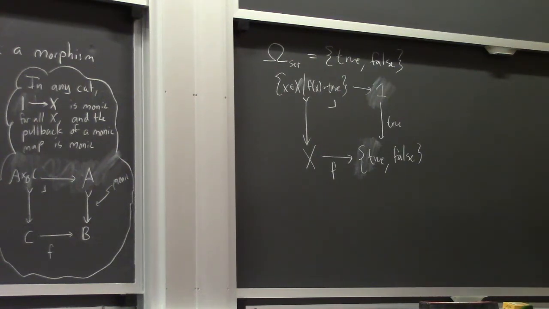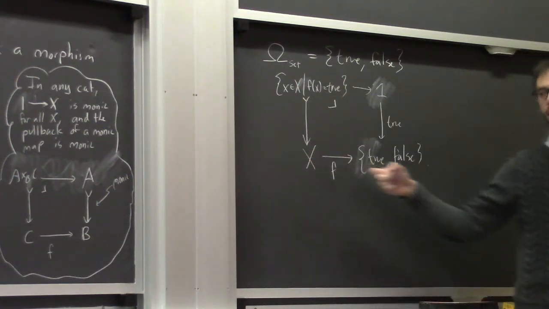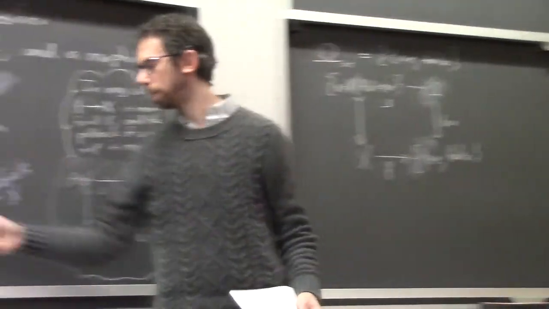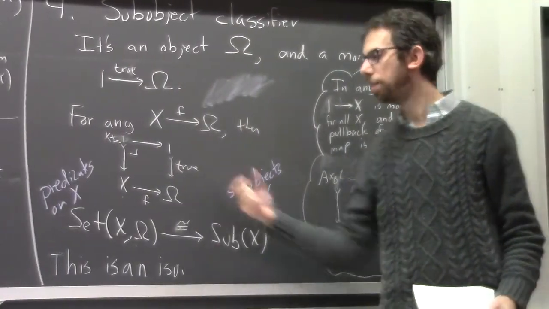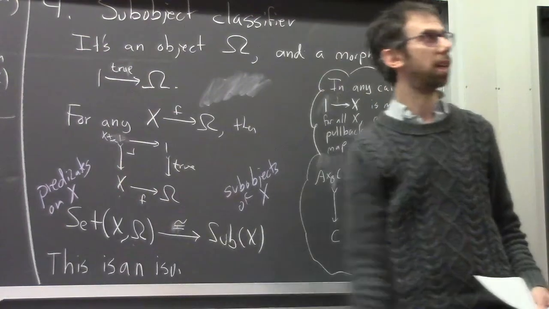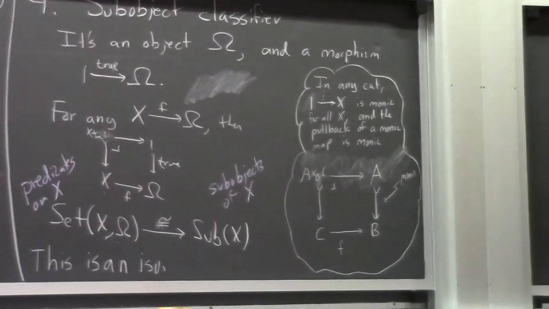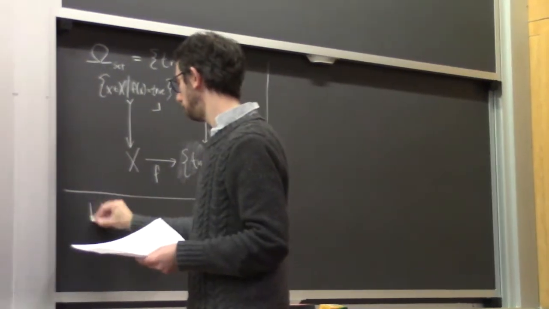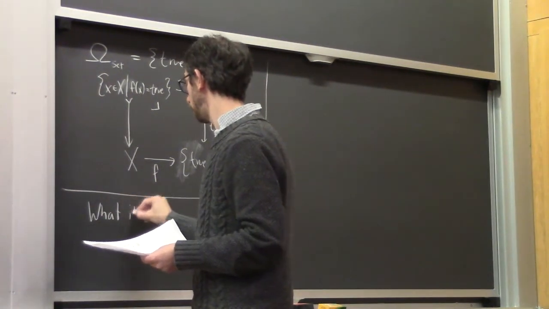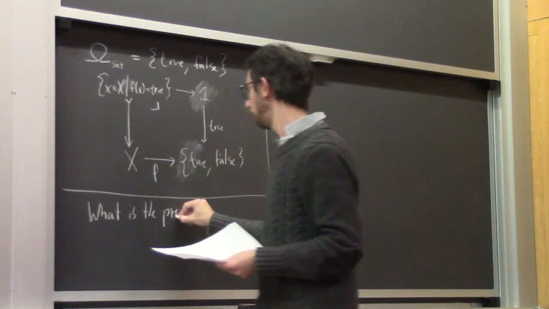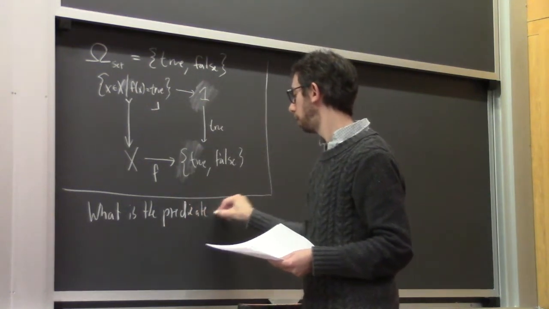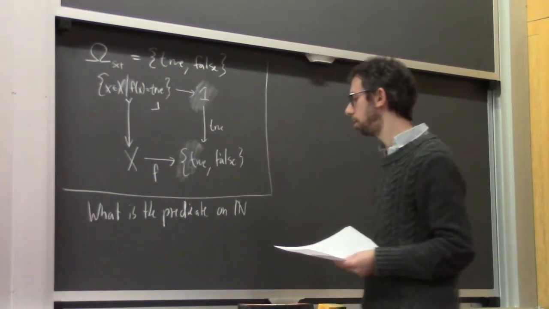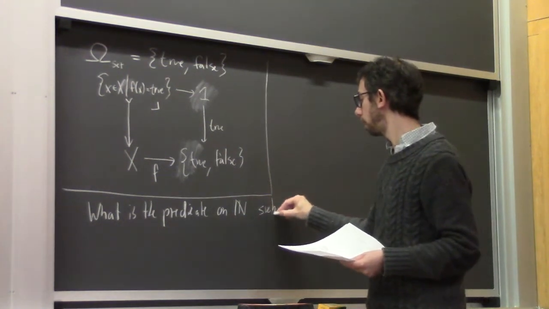And what this isomorphism is saying is that for any subobject of x, there's a predicate on x that cuts it out. So let me let you work an example. What is the predicate on n such that that cuts out